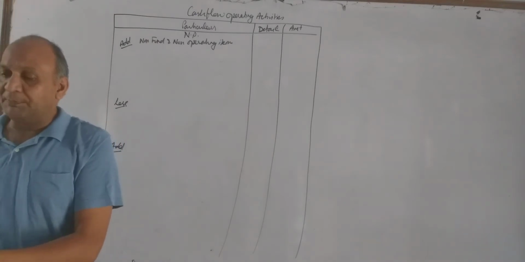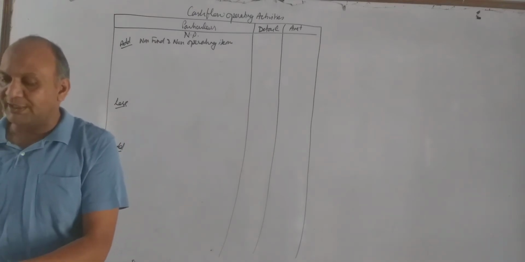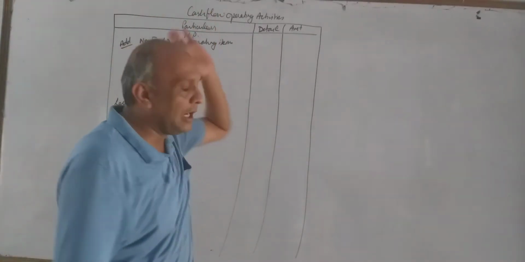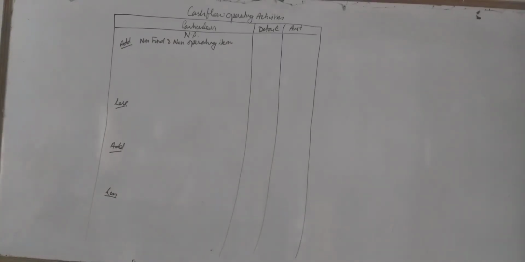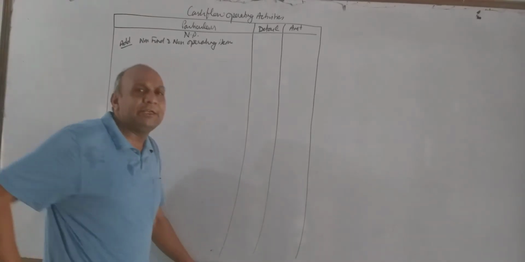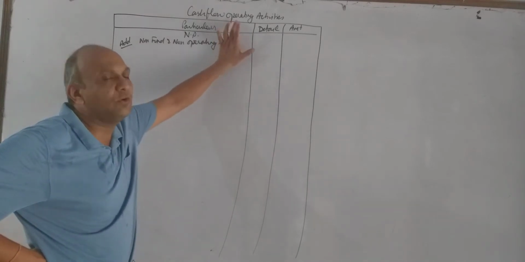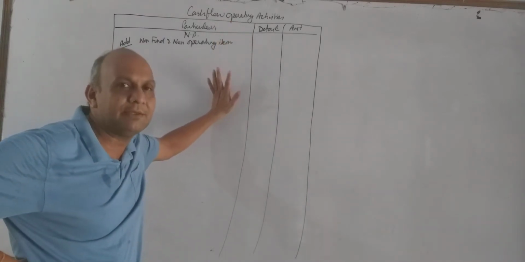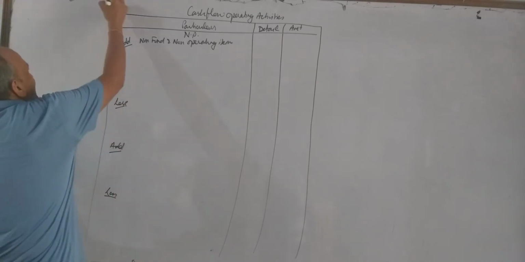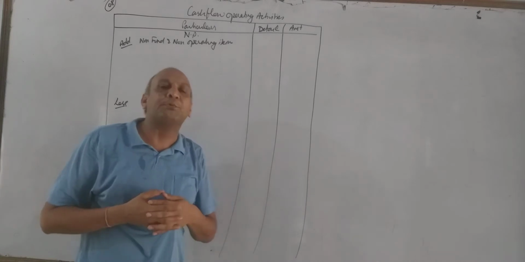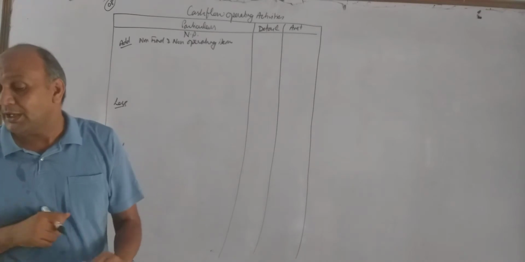As you know, our chapter cash flow statement is in progress, and we have already discussed how to calculate cash flow from operating activities. We have already done two numericals in which we discussed how to find cash flow from operating activities if balance sheet is given. Today we are doing another sum, illustration number 8, in which we have given statement of profit and loss, and we will try to learn how to find out cash flow from operating activities.